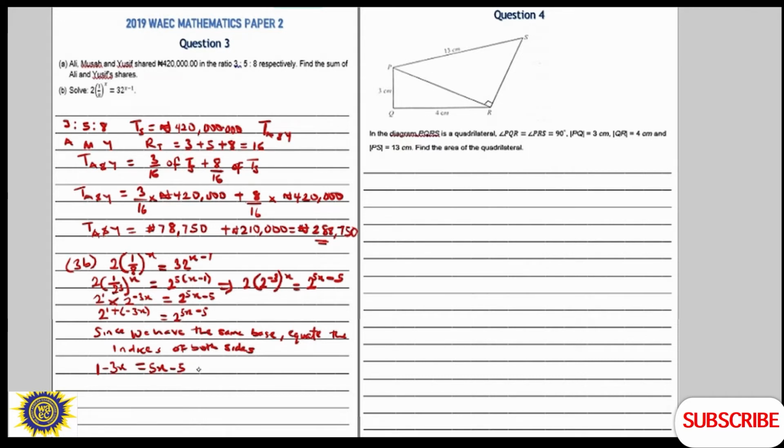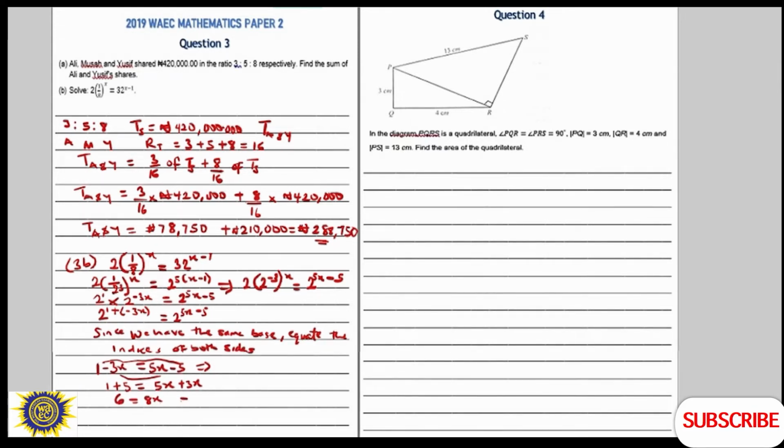So by collecting the like terms now, just take this one because this one is negative already. Take it to the other side and bring this one to this side. Okay. So we have what? 1 plus 5 equal to 5x. Now 5x now becomes plus 3x here. 5x plus 3x. So this one is going to give you 6 equal to